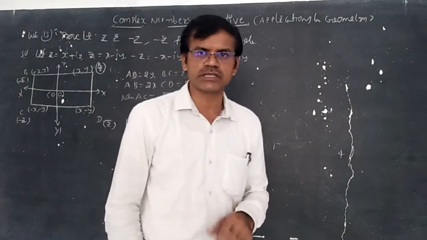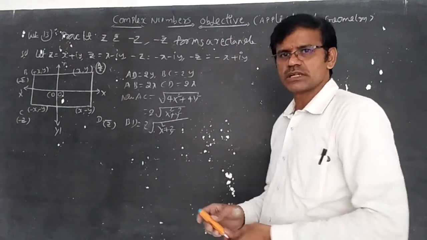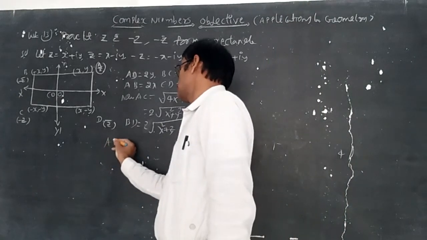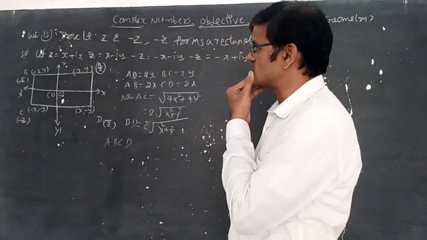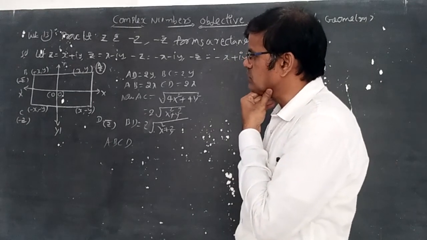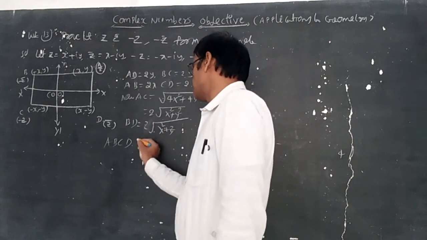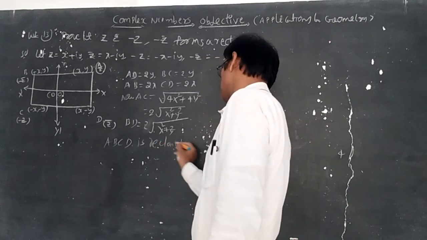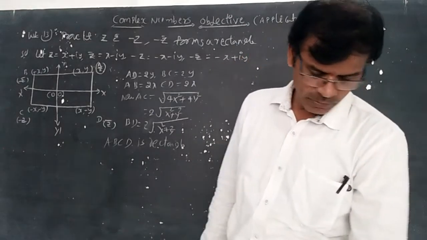Here we got diagonals are equal and two opposite sides are equal. Then you can say it is a rectangle. Therefore, ABCD is a rectangle. Bisecting you can also calculate: x minus x by 2 is 0, y plus y gives 0, so 0, 0 is the center, no need to calculate. Simply you write here ABCD is a rectangle. So worked example 13 we have completed.